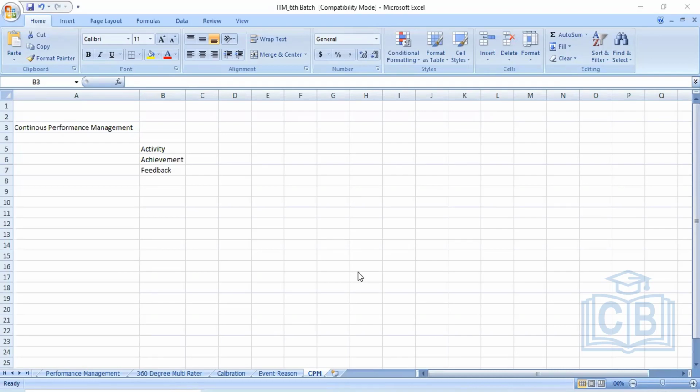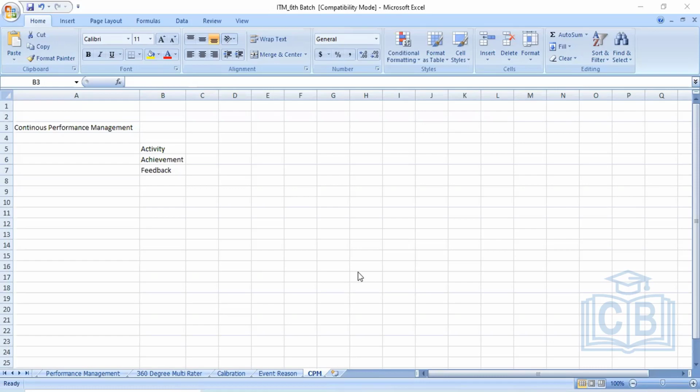If any input or support is required from the manager side, the manager can put a comment on that particular status of the goal. The manager can view with the help of CPM what the status is, because the employee will also be updating the status of the goal, for example, that of 100%, 20% has been completed. These are the activities which have been done.